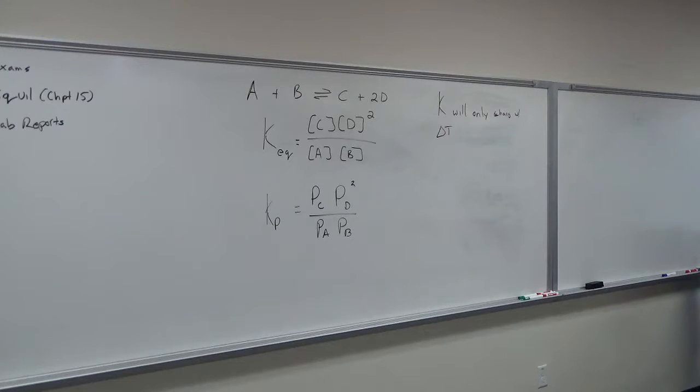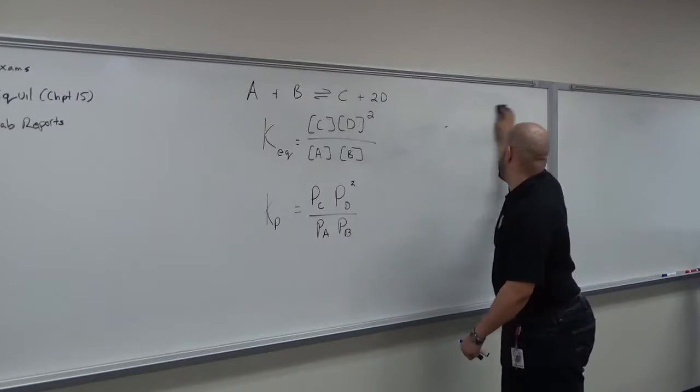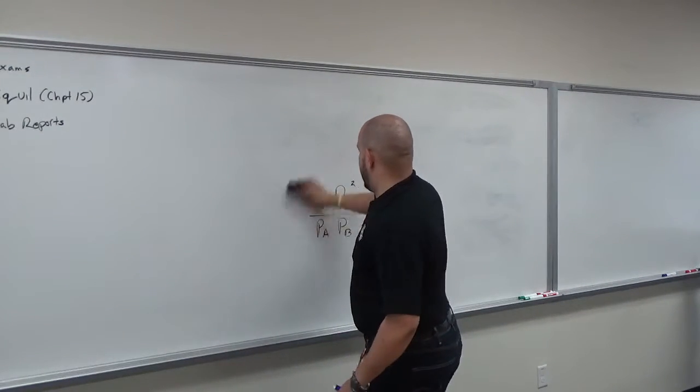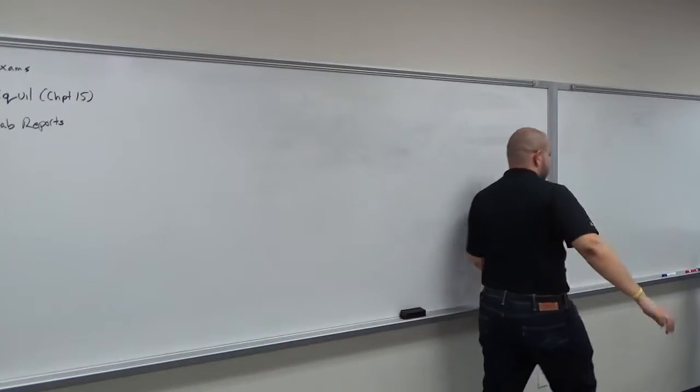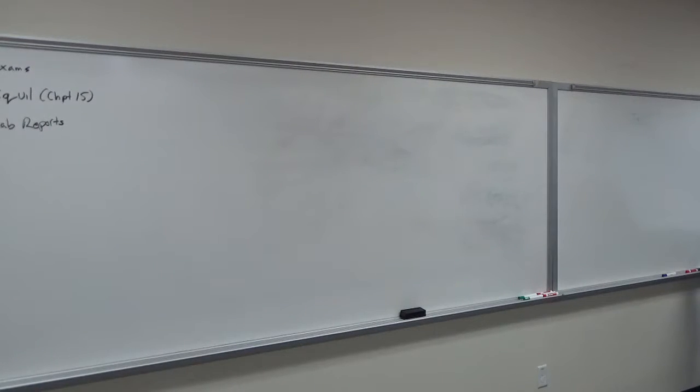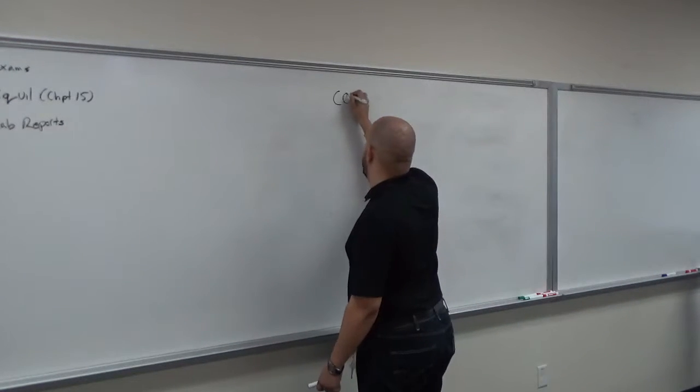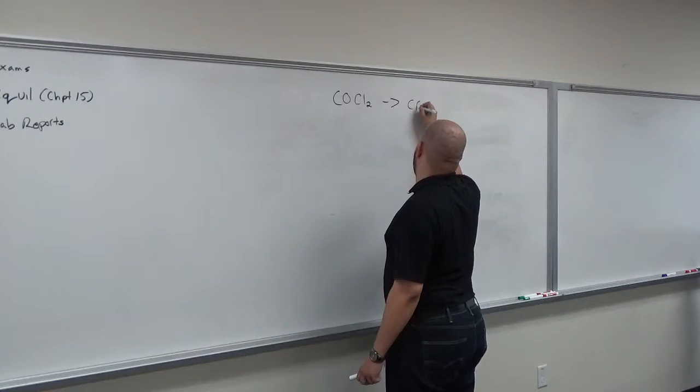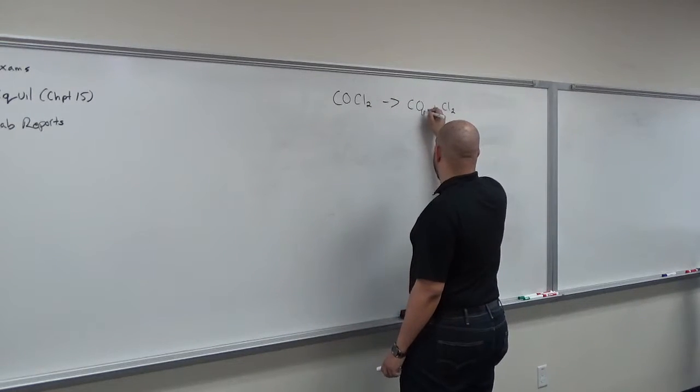Okay, let's talk about reading the graph. Let's talk about this graph that I gave, because that's a great question. Application of graph, application of knowledge. So on that question, we're dealing with a situation where we have 2 reactants, I think. Oh, sorry, excuse me. We have a single reactant and 2 products. All right, let me zoom in so I can see a little bit better. Okay, we have COCl2, CO, and Cl2, right? So we have a decomposition reaction occurring, COCl2 going to CO plus Cl2. All gases,